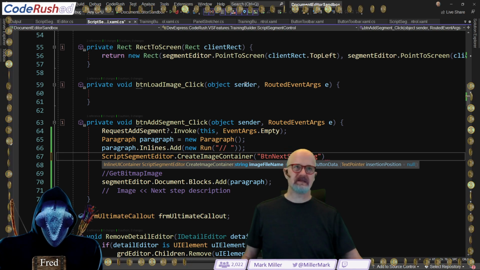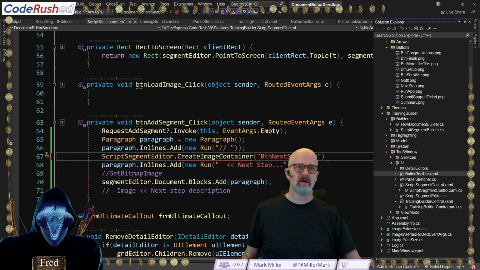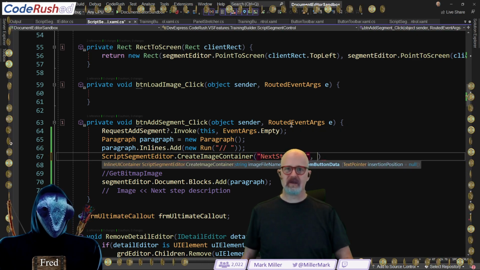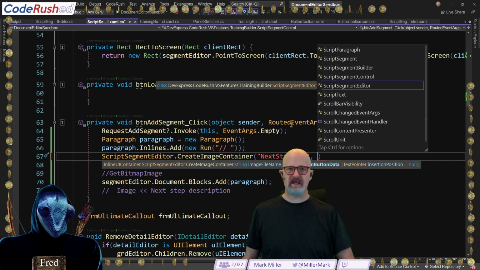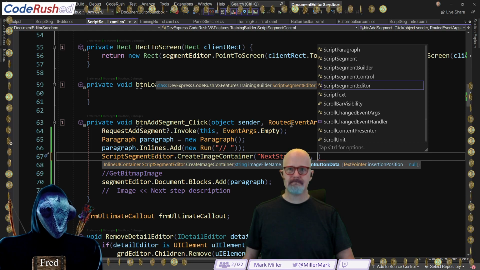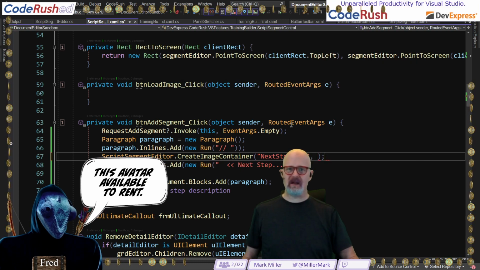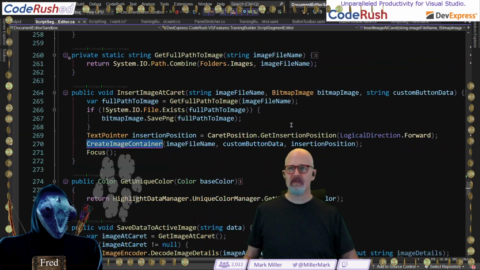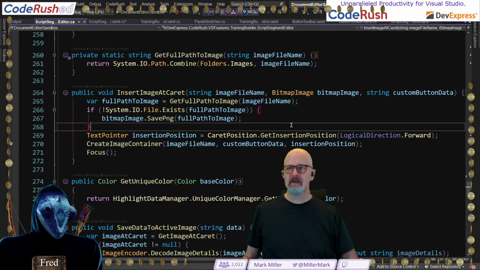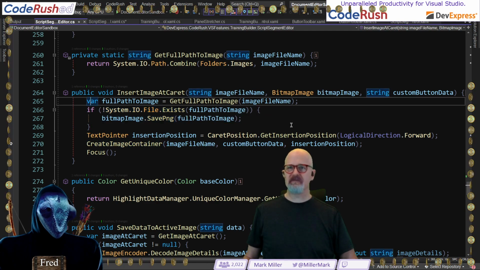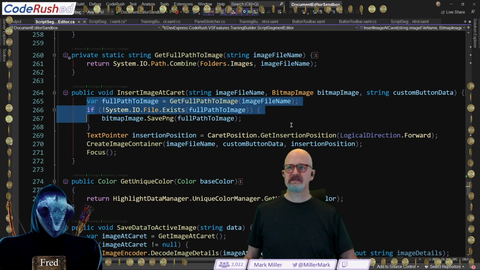I think that's out over here. What is it? Next step dot png. No word button in front. I'm thinking about the custom button data. Wait. Hold on. We need that other bit of code though. We need this right here. Oh. And we need full path to image. This.